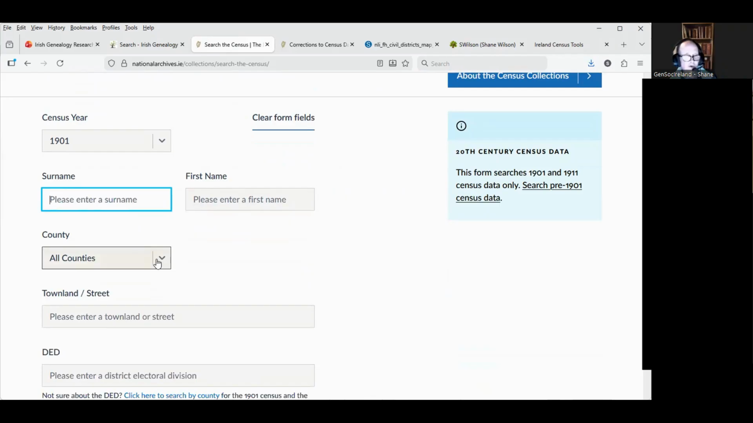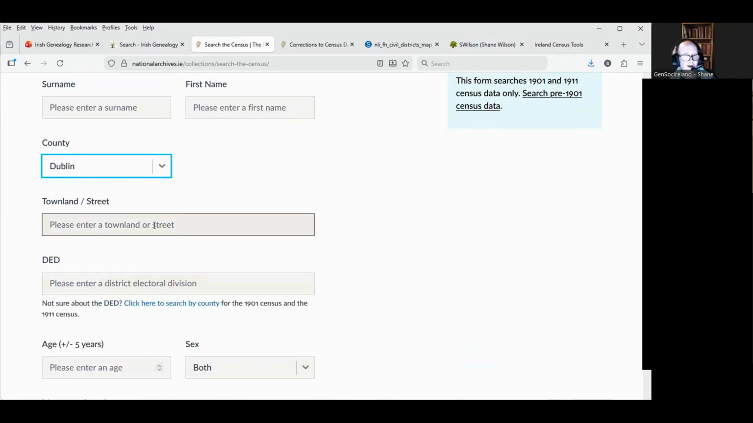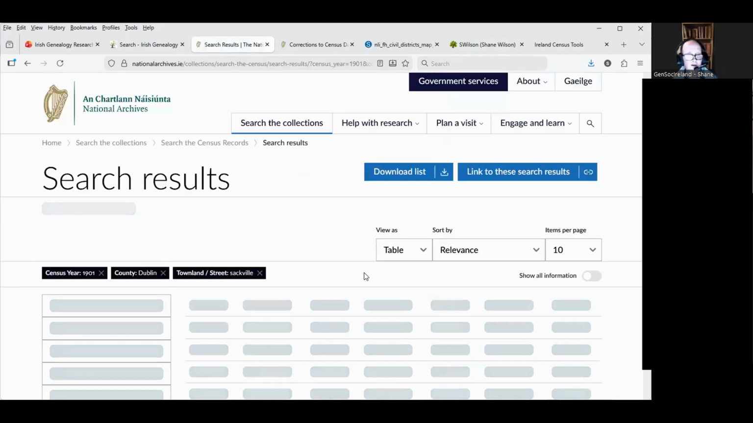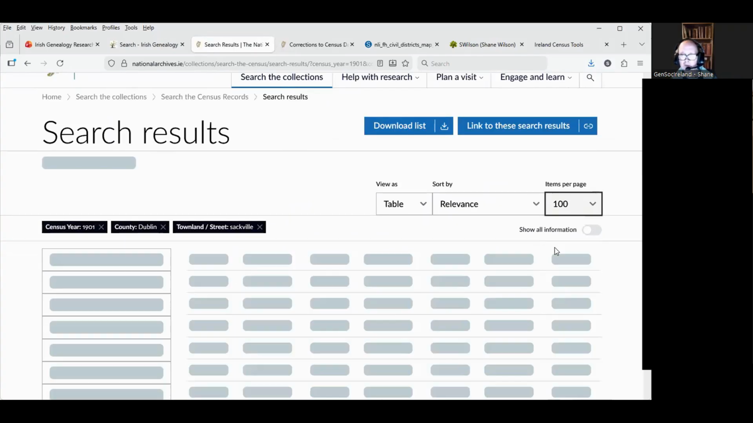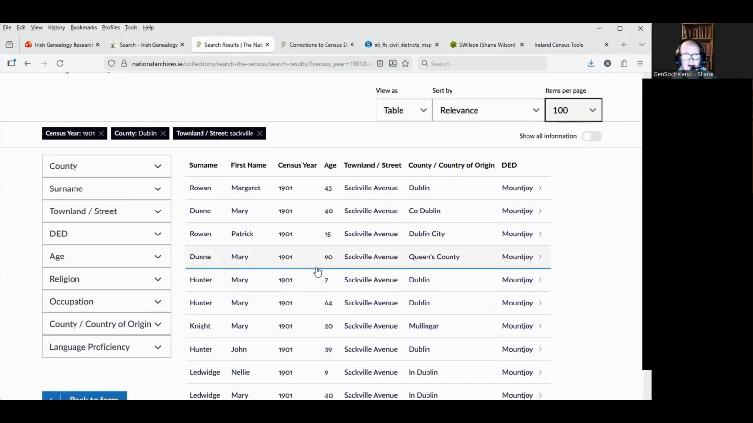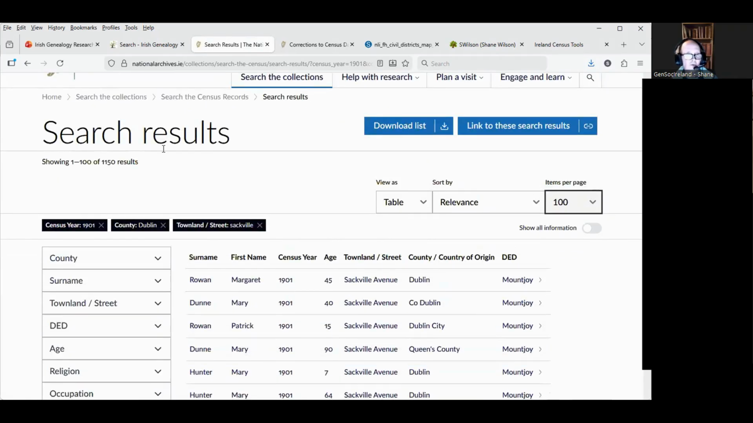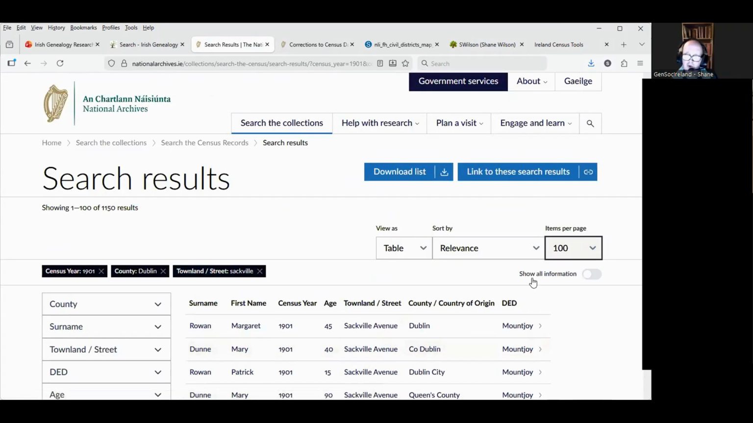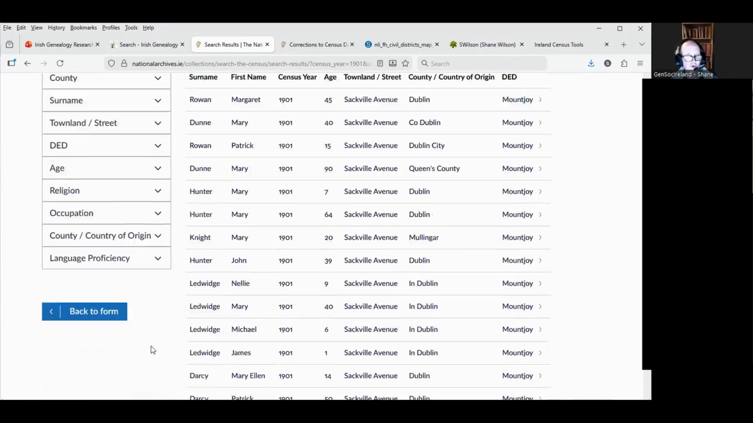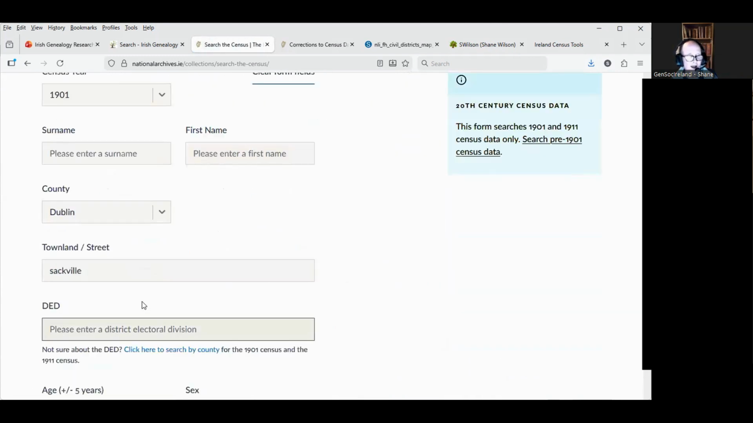The one I was aiming for was, if we go Dublin, we go Sackville. Spell it properly. This used to back out and give you a silly number of search results. I'm going to hit the maximum of 100. A lot of those didn't give results before, but it's now giving a huge number because it's giving you every individual rather than every household. But we go back to form and we go avenue,